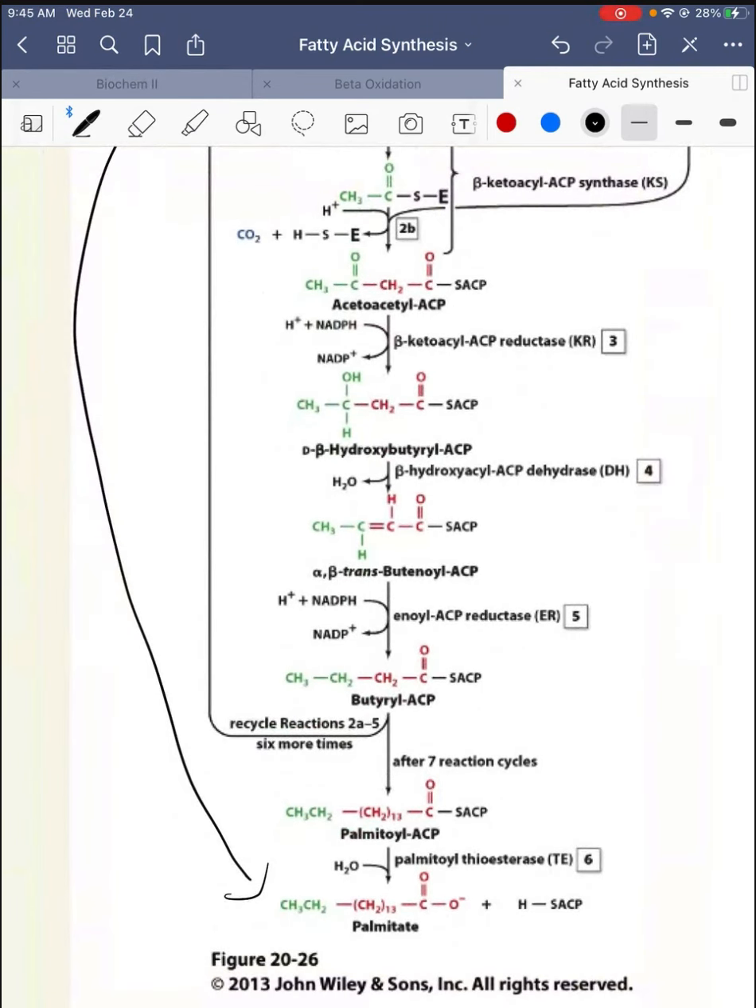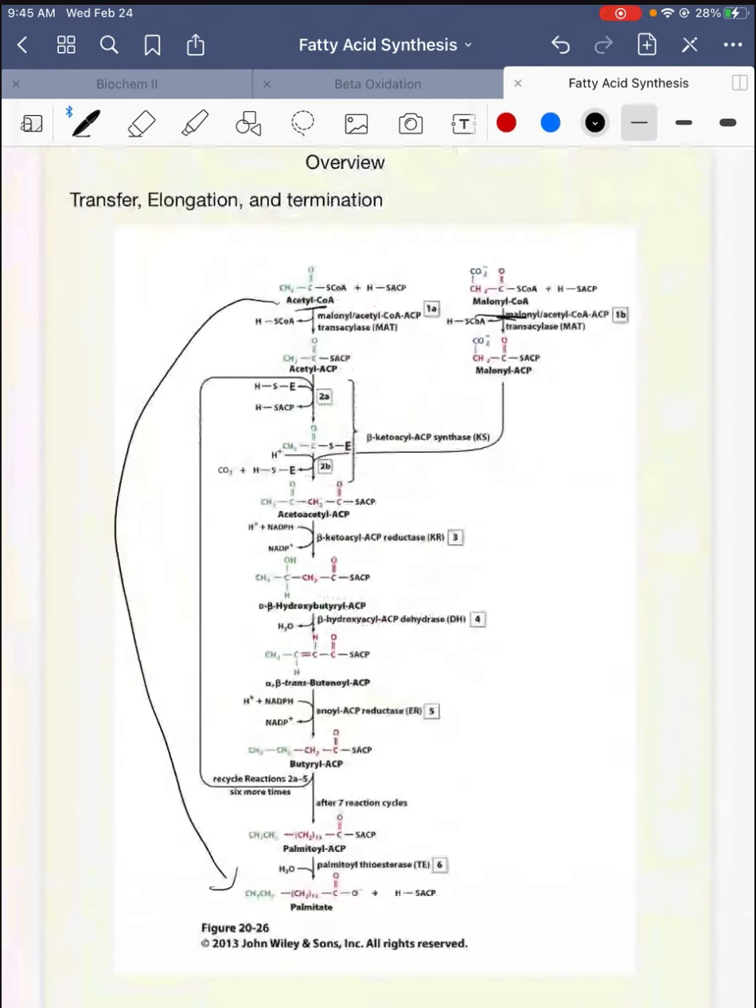Oh, I was right. It's a 16 carbon molecule. Is it 16? Yeah, 16. I'm going to look it up after, but I'm pretty sure it's 16. Okay, so it's